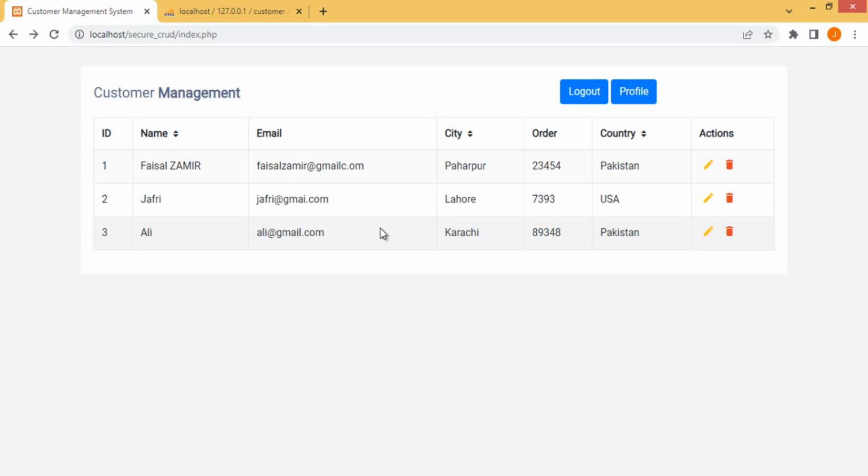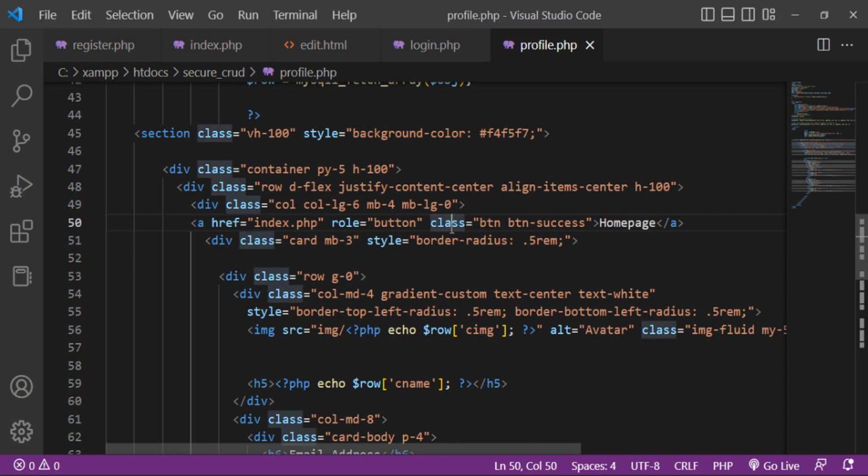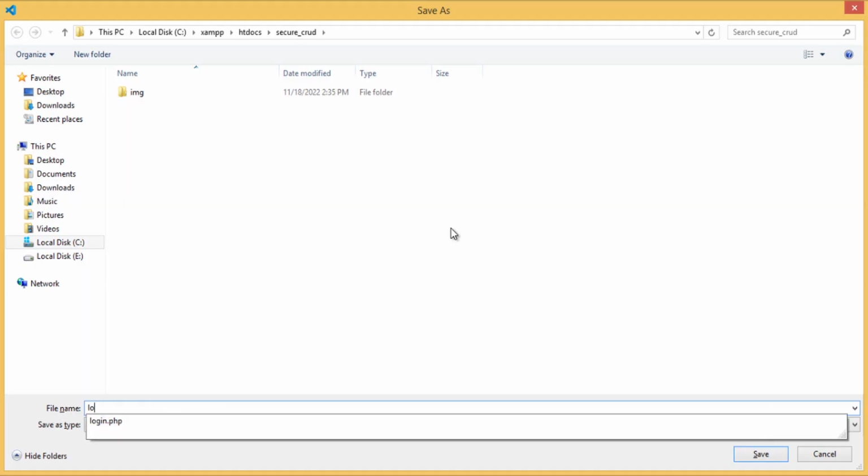Hi guys, in this class we will discuss how to create a logout functionality, which is very easy. When the user clicks on this logout button, it should redirect to login.php and its session should be destroyed. So next, I have to create a new page and save this one,